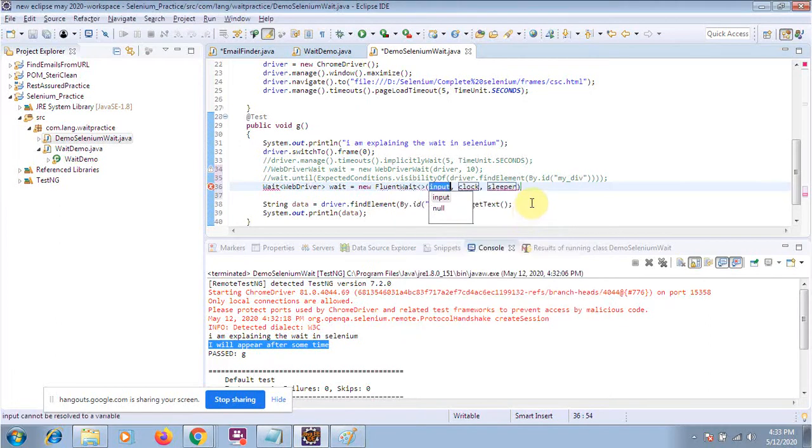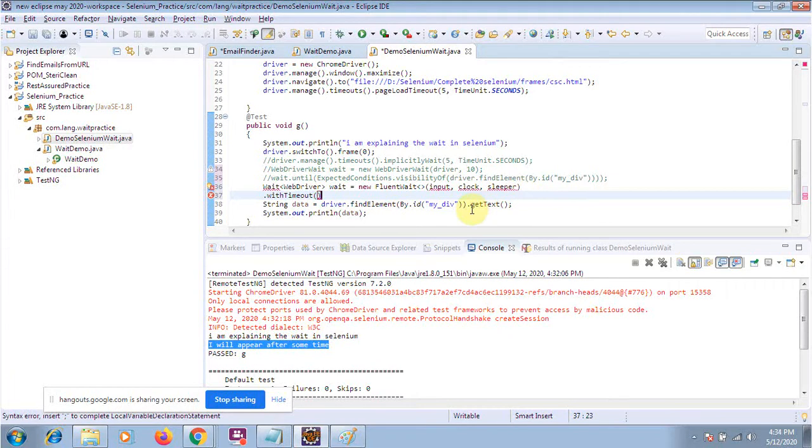So here you have to put different commands. As I told you, you can set your polling time. So here will be something like withTimeout. Here it will not take the timeout as previously. It will take that visibility of element or something like this.